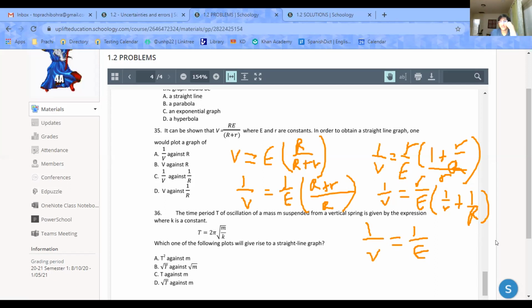So now the thing is, we have this times this plus r over e times 1 over big R. Okay, I think we're in the format that we need, mx plus b. Yeah, that's mx plus b. Sometimes you don't even realize when the answer is there. So that's y equals, this r over e is a constant. That's our m. 1 over big R is our variable, right? So that's x. And then the 1 over e is our b. And that's why it would be 1 over v against 1 over big R.